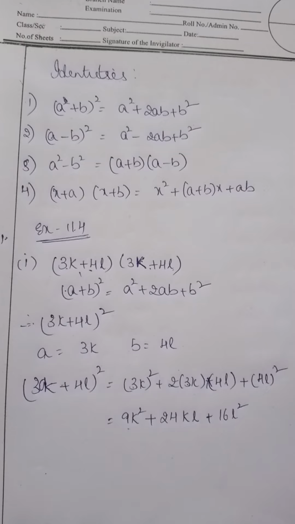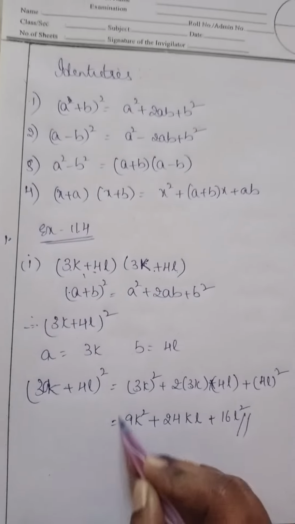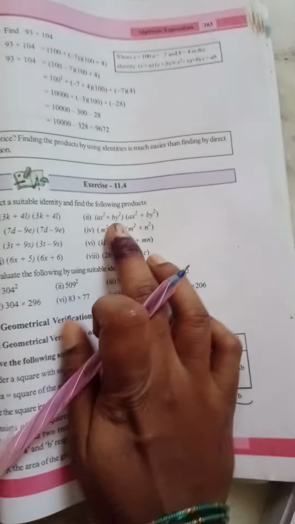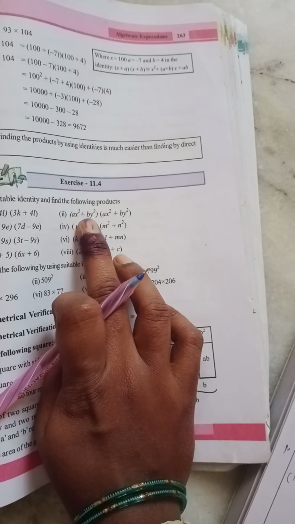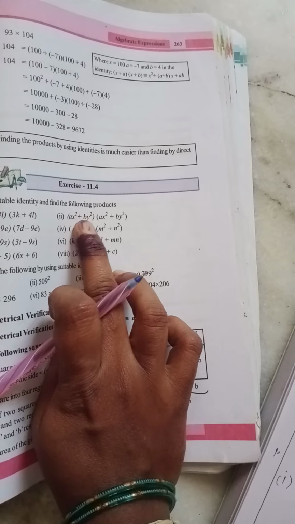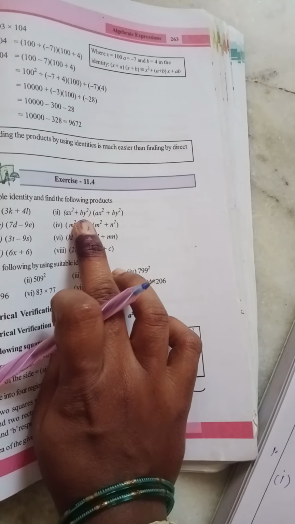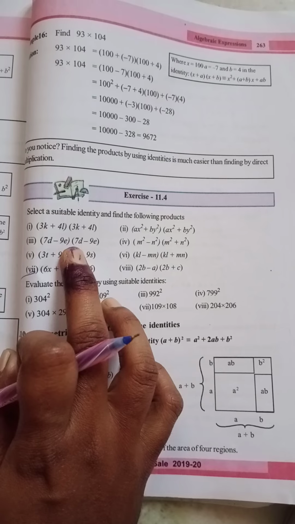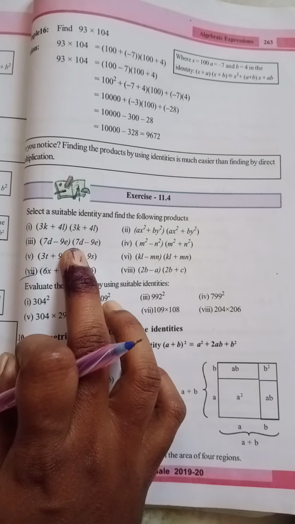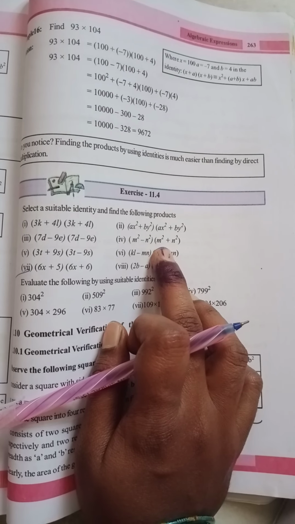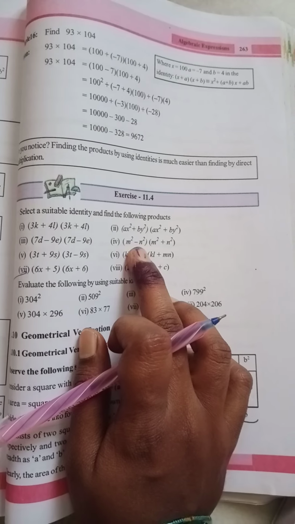Okay. Like this you have to do all the problems. This is your final answer. Okay. See the second one. Here also same. What is this? (ax square plus by square) and (ax square plus by square). You have to write it as (ax square plus by square) whole square. Now it is in the form of (a plus b) whole square. Okay, substitute that formula. Next here also (70 minus 9e) whole square. It is nothing but (a minus b) whole square. Okay, and here (a square minus b square) into (a square plus b square). It is in the form of (a plus b) into (a minus b).